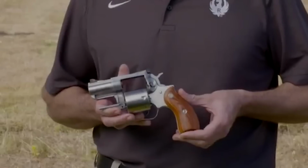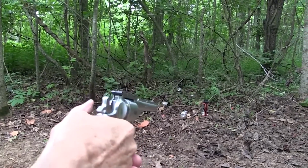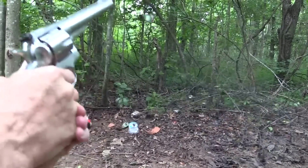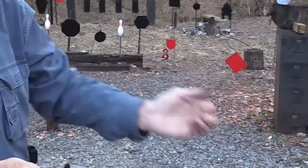The gun has a large size and heft, making it tame the hottest .44 Magnum loads while making the .44 Specials feel like a .22 Magnum. It has outstanding target acquisition and handling characteristics with an accuracy potential far greater than most experienced Magnum shooters can achieve. However, it is a handful of a gun and may not be suitable for shooters with poor hand and